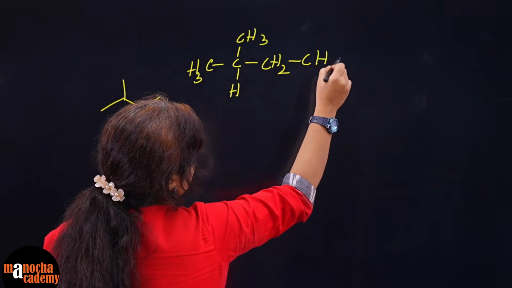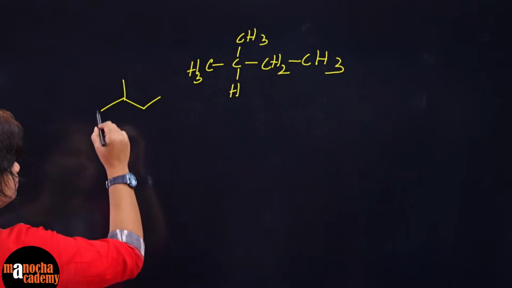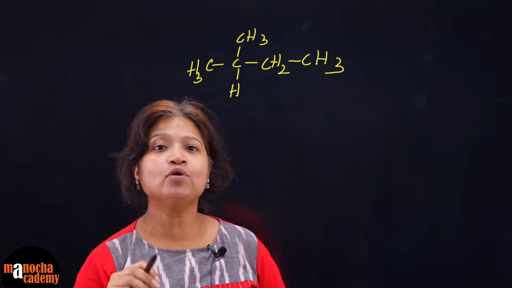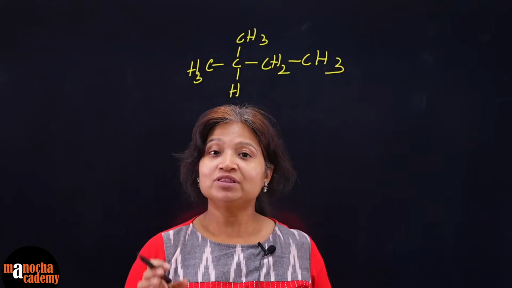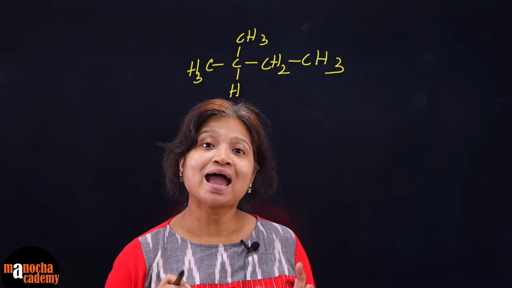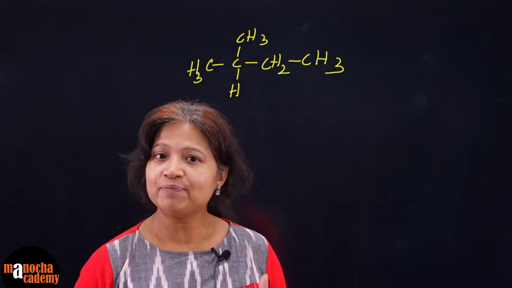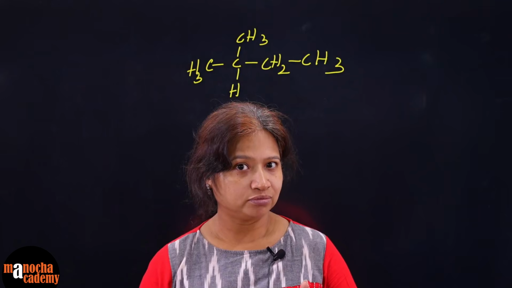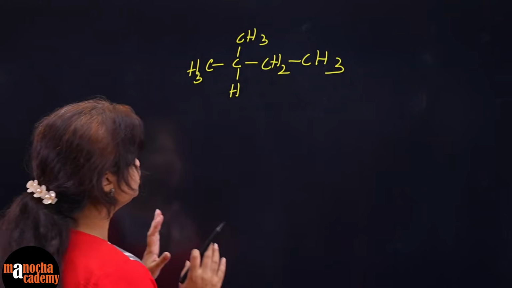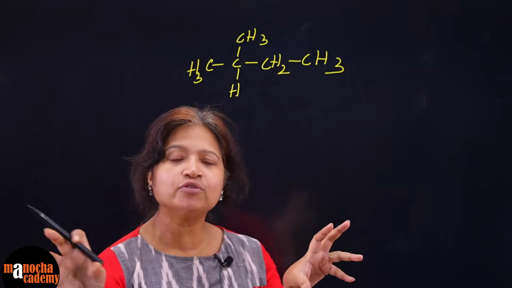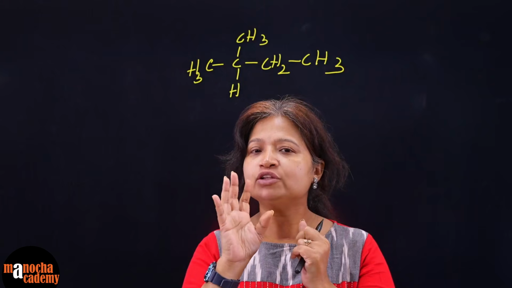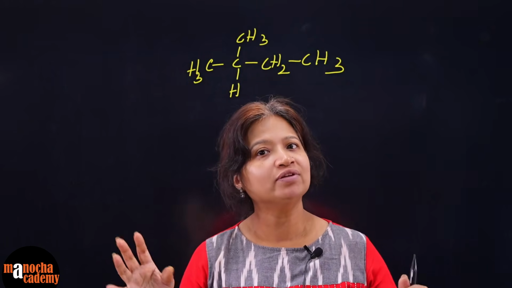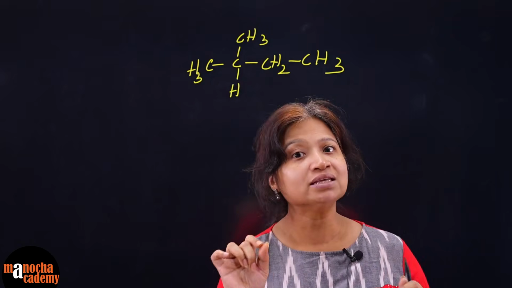Now, for this particular isomer, sometimes you are asked, not only this, any isomer, how many monohalogen compounds are formed? For that, you have to look at the type of carbon atoms. When I talk of type of carbon atoms, it's not always primary, secondary or tertiary. No, I'll show you. Type means the environment around the carbon. If the environment of two carbon atoms is the same, then if you substitute any one of the hydrogens, it will give the same product. So that's the concept here.